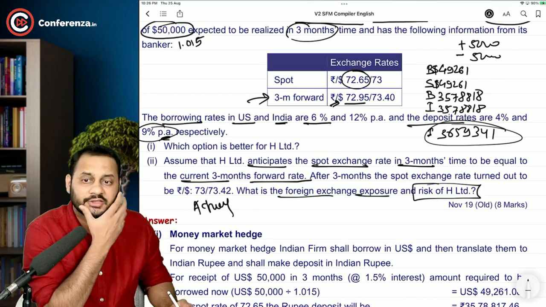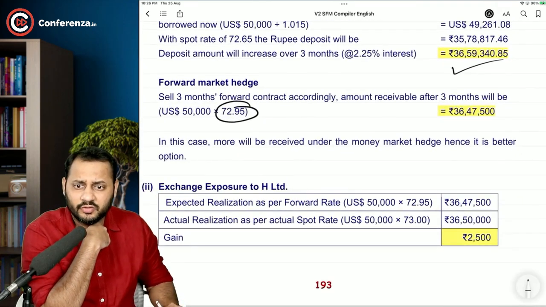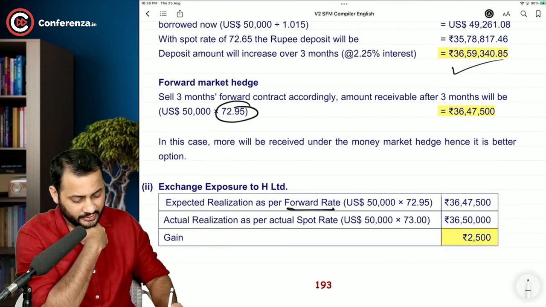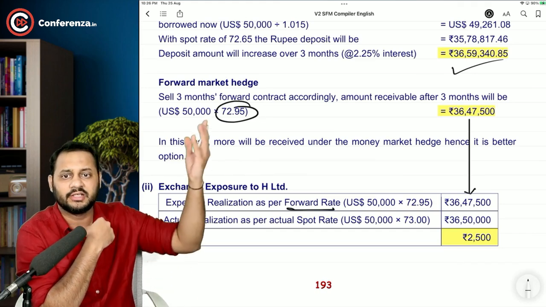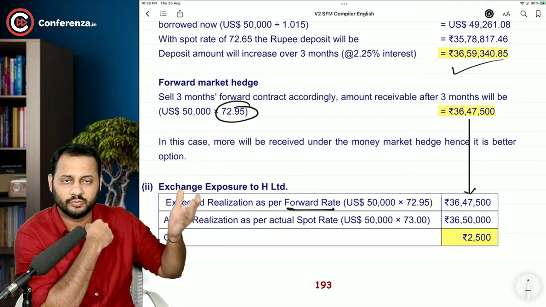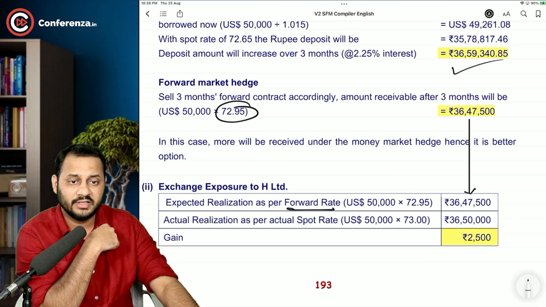What is the foreign exchange exposure and risk of H Limited? It's very easy. First, convert at the forward rate. Expected realization as per the forward rate is 36,47,500. Because they said that the forward rate and the expected spot rate will be the same, the values will also be the same. We have expected that we will receive